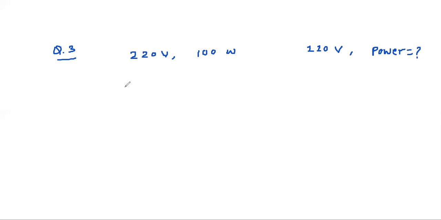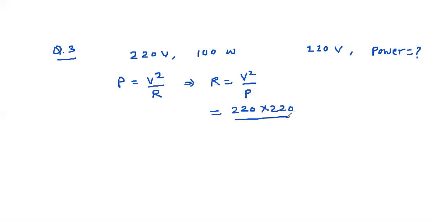So we know that P equal to V square upon R. So we can get R from here. R equal to V square upon P, that is V is given 220. So 220 into 220 divided by P is 100, which will give 484